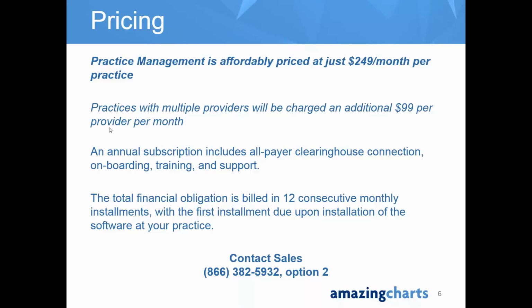Someone said that they currently use Gateway for their claims, and they were wondering if they could continue to use Gateway. With our clearinghouse, because of that ability to sign in as a user and use all of the features at no added cost, we do strictly use one clearinghouse, and that is Claim Remedy. But you will work with a practice management implementation specialist here at Amazing Charts to get you transferred over to